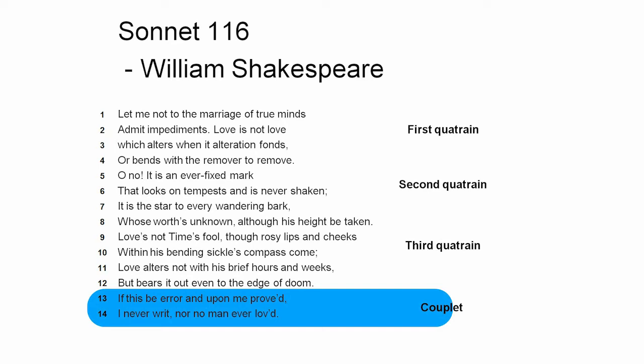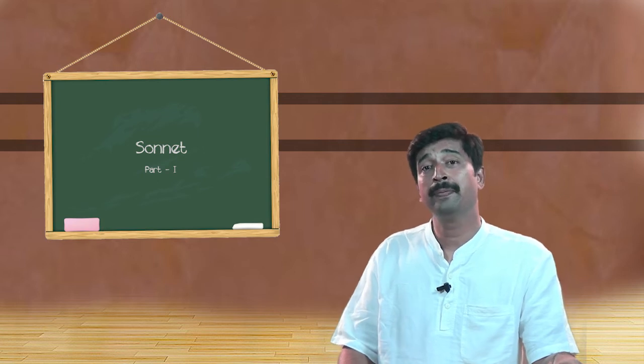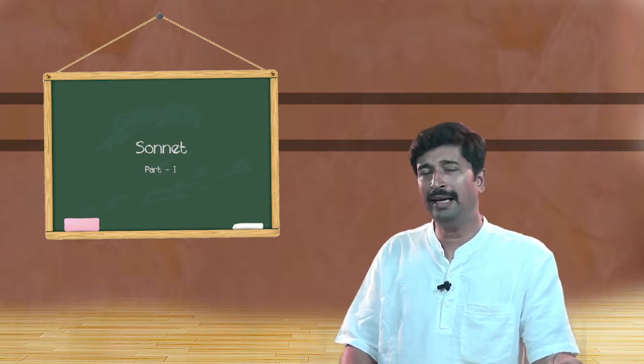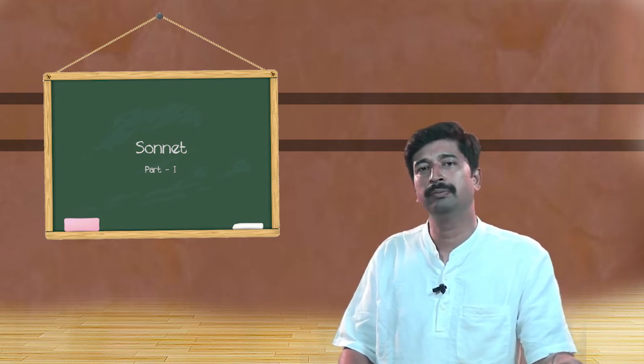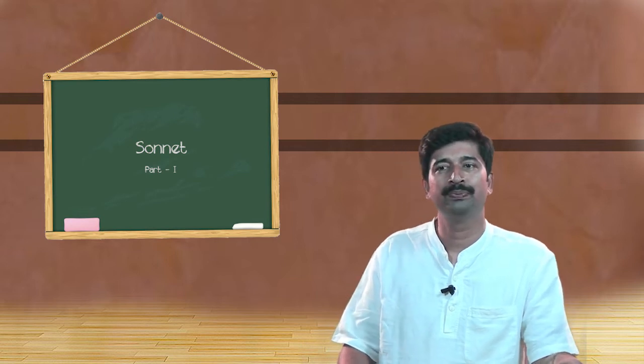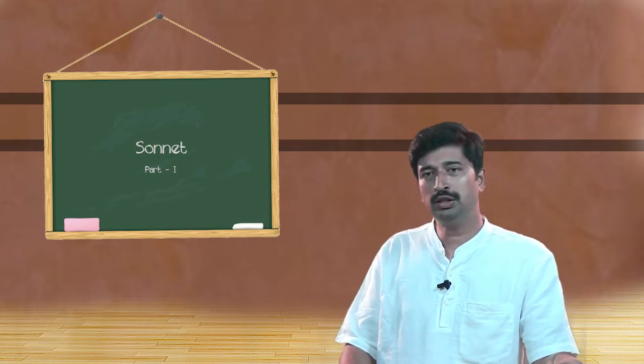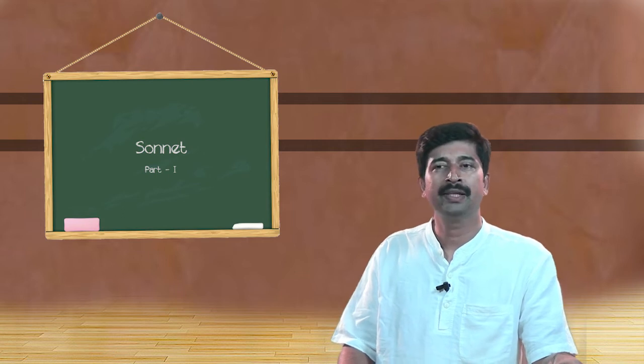Look at the kind of justification that he is trying to place at the end of his sonnet as a proof to the argument that he is trying to establish in the sonnet. So one thing is very clear: a sonnet is a very closely knit argument to establish one's thought. In the works of William Shakespeare, it is in three quatrains and a couplet.